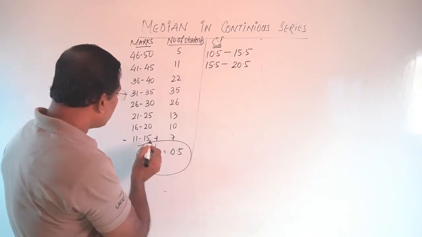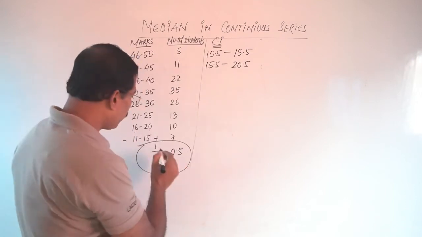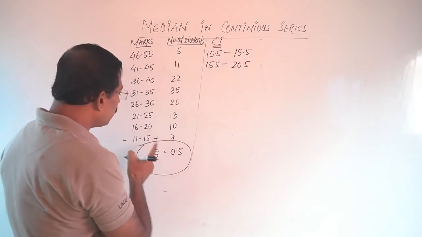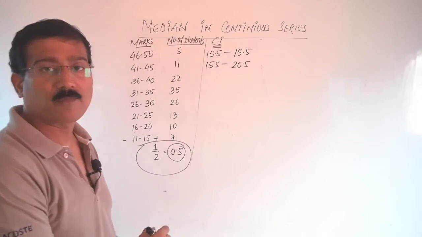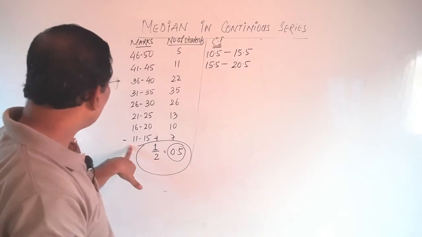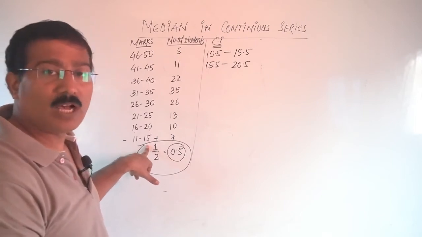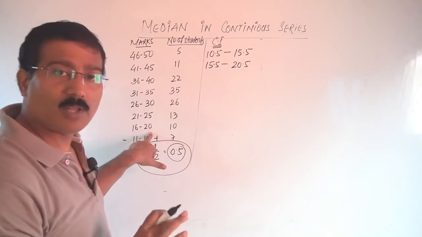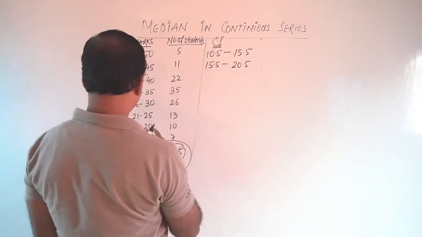What is the difference between 15 and 16, or 20 or 21? The difference is 1. I have put here 1. Then this is the difference of two numbers. So divided by 2, you will get 0.5. You just minus 0.5 from L1 and add 0.5 to the L2. This is L1 and this is L2. This is L1, this is L2. Very clear? Now here will be the next one, 21.